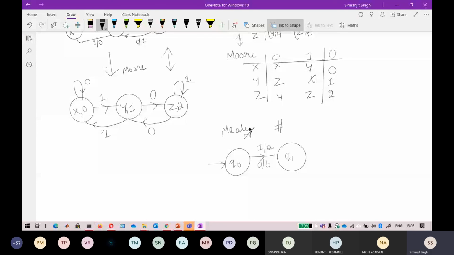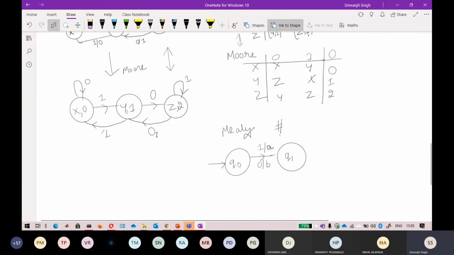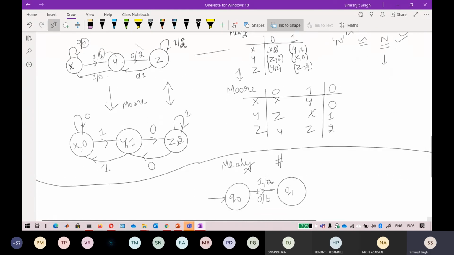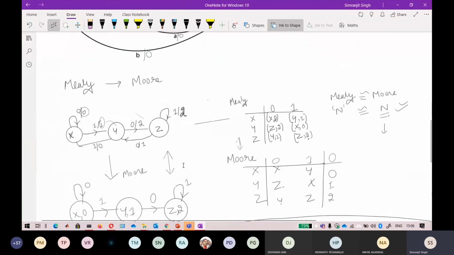I will do this, but I think most of you have understood up to this point. Don't worry about the time, I will tell you in a bit, so keep that in mind. In that scenario it can happen, but in Moore, always keep in mind that the number of states is equivalent to the number of states in Mealy. Keep that in mind. But in case of a Mealy to Moore conversion, this is not true, so the states will increase. I will show you in a question.